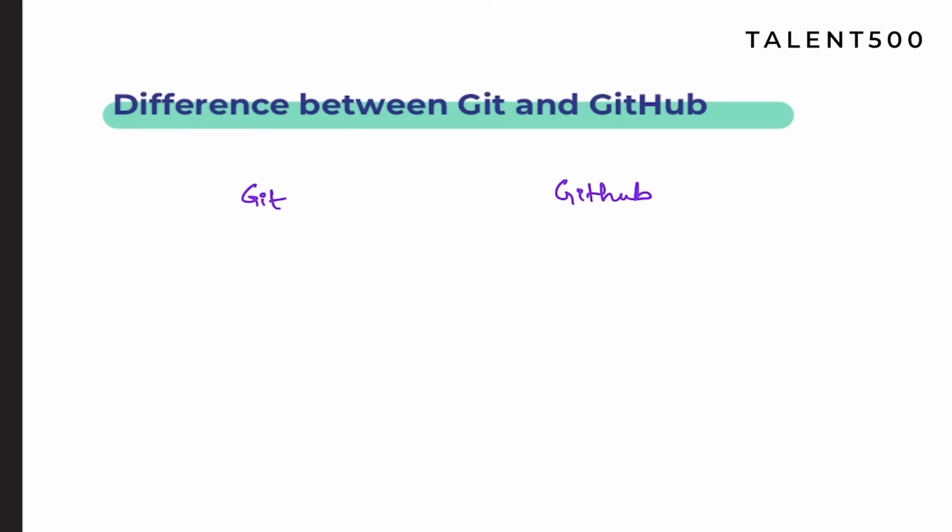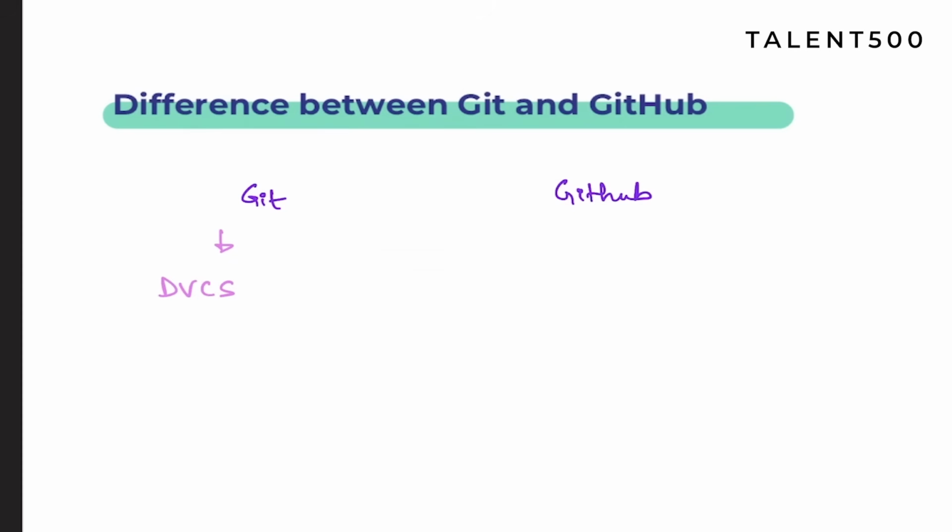This is going to be your distributed version control system. And we are going to be installing this on our local machines. And after installing it on our local machines, all the developers can actually keep track of whatever commits you have done.